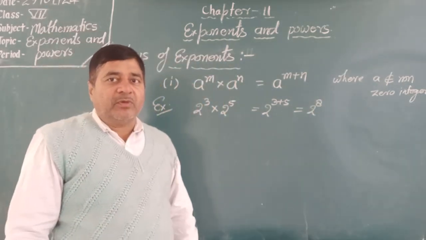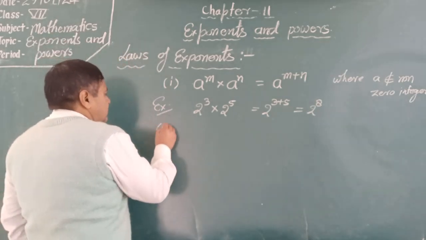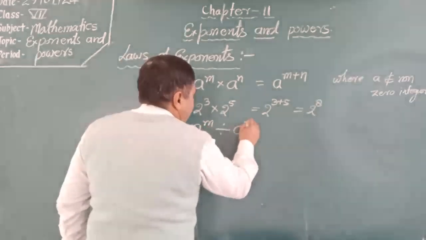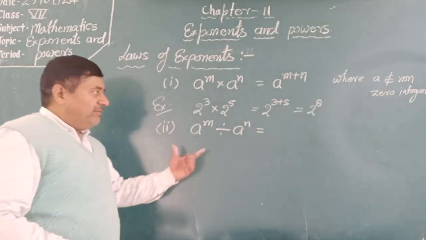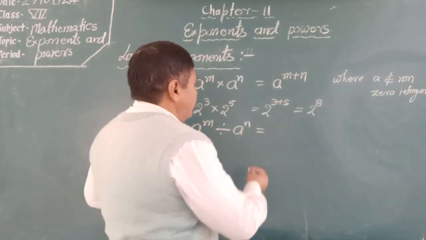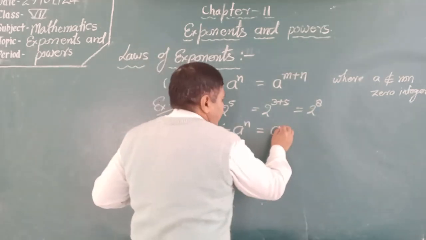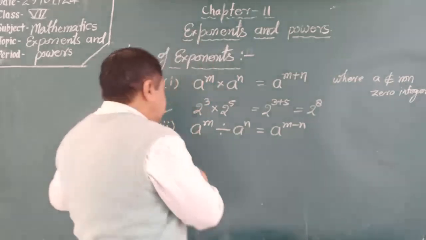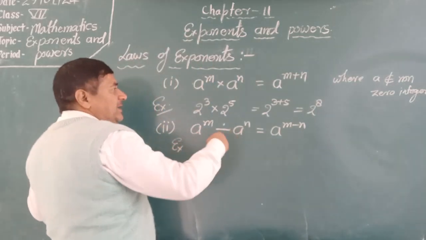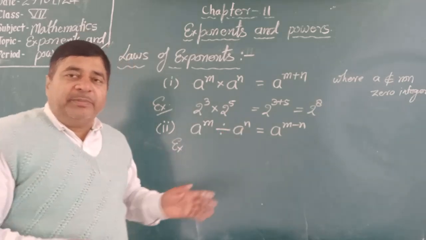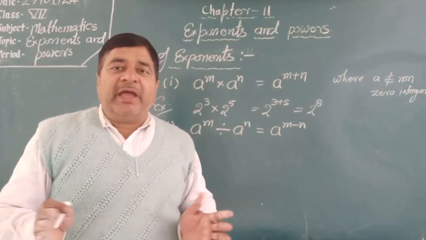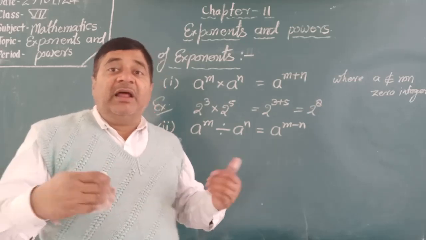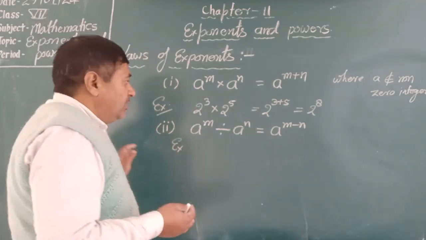This is your answer. Okay, now the next law is a to the power m divided by a to the power n. That means when a division is going on, the exponents are subtracted, so we can write a to the power m minus n. For example, here a is a non-zero integer. जितने भी लॉ है उनका बेस जो है नॉन जीरो इंटीजर होना चाहिए, ठीक, नॉन जीरो मतलब जीरो के अलावा।